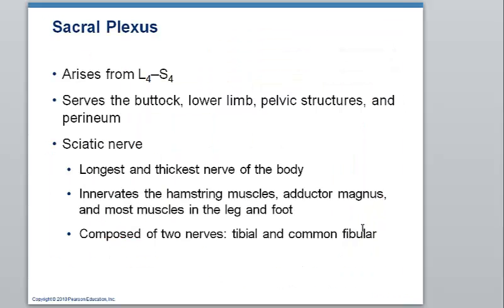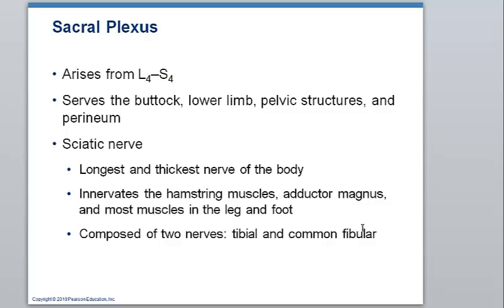And that's all you need to know in your lumbar. Sacral, L4 to S4, innervates your back, that is the posterior buttock, lower limb, pelvic structures, perineum. The main nerve is your sciatic nerve. Sciatic nerve is the longest, thickest nerve of your body. Okay, it innervates all the posterior muscles as it goes along the leg and then goes all the way to